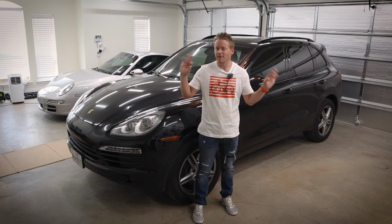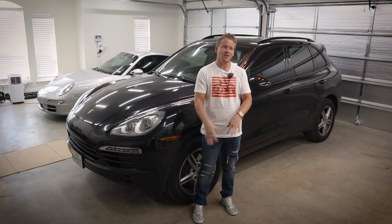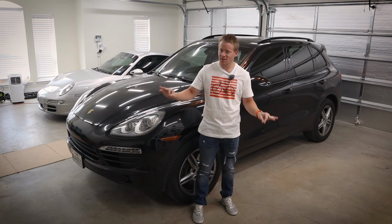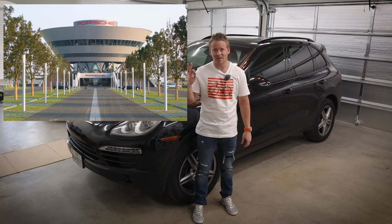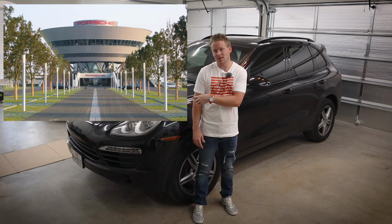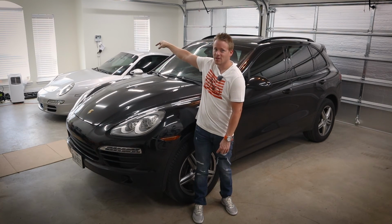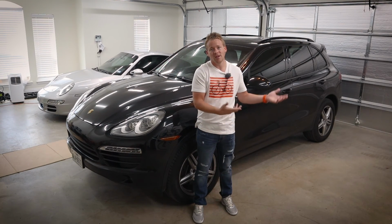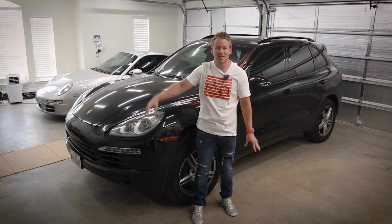I will admit there's very little Porsche DNA in there. Maybe I shouldn't say that. There's a lot of Porsche DNA in it. There's not a lot of traditional sports car Porsche DNA. This car was actually built in the Leipzig, Germany factory, which is the same factory that built the Carrera GT. And that's pretty much about the only thing that this shares with any of its sports cars, like its little brother, big brother, 911 over there. I don't really know which one's the big brother and which one's the little brother. But as you can see, the styling of this car was definitely based off of that,